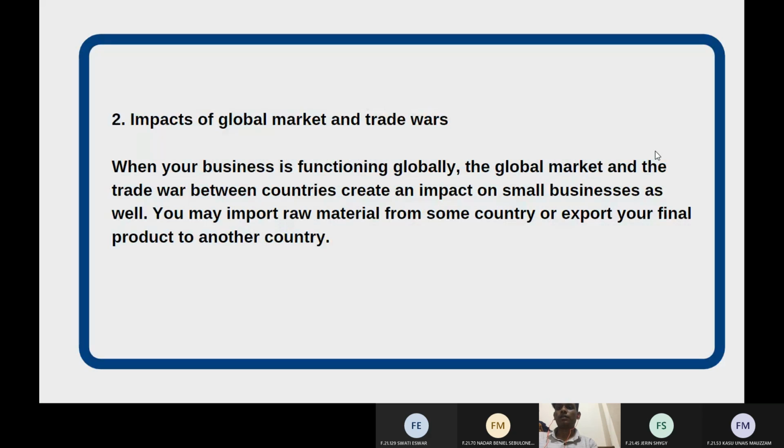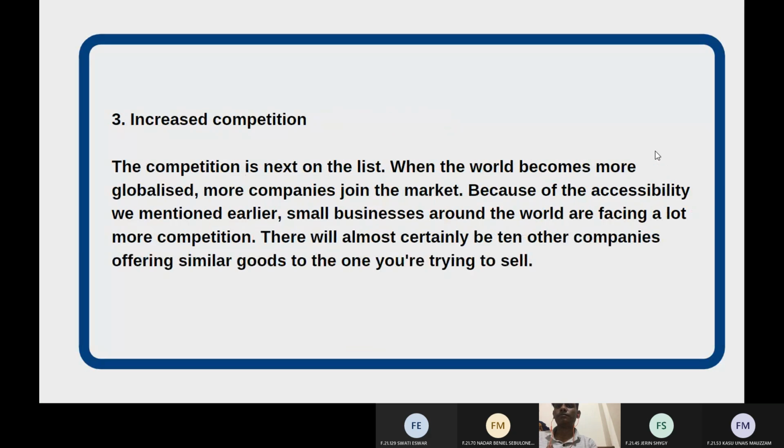Impact of global market and trade war. A trade war happens when one country retaliates against another by raising import tariffs or placing other restrictions on the other country's imports. A trade war can commence if one country perceives that a competitor nation has unfair trading practices. Domestic trade unions or industrial lobbies can pressure politicians to make imported goods less attractive to consumers, pushing international policy towards a trade war.